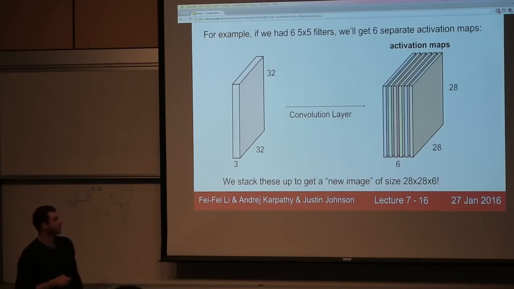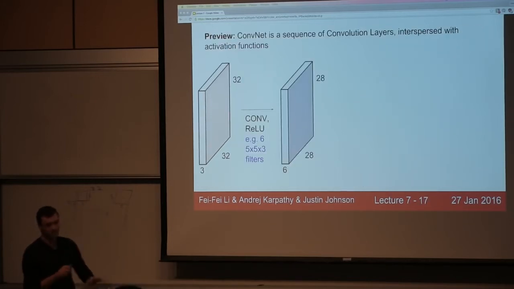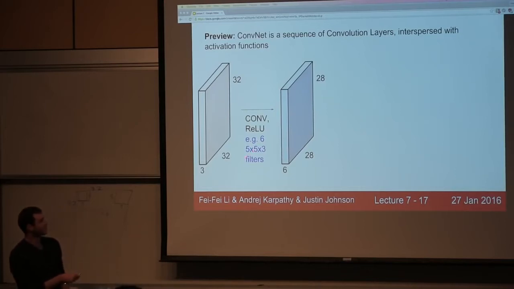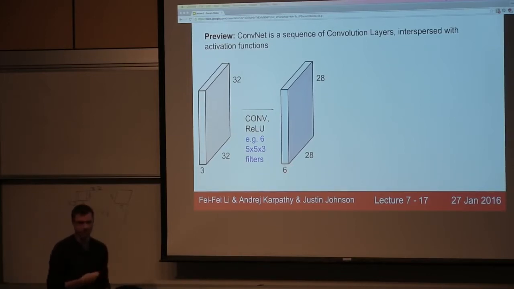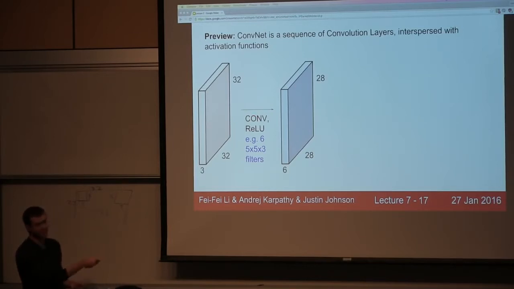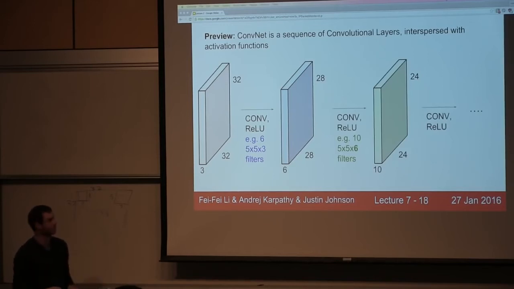So just to give you a preview of how this will work in the convolutional network, and there's a lot of details to be worked out, but just to give you a hint of what's coming. We're going to have these convolutional layers. They're going to have some number of filters, and these filters will have some spatial extent, like say 5 by 5. And so this conv layer, short for convolution, will be sliding it through. We get, say, a 28 by 28 by 6 volume instead of the original volume. And then this will feed into the next convolutional layer. And of course, in the middle, we're always going to be applying activation functions as we did before with neural networks. So we perform convolutions, which are these linear operations. Then we threshold all the activations at 0. And then we proceed again with